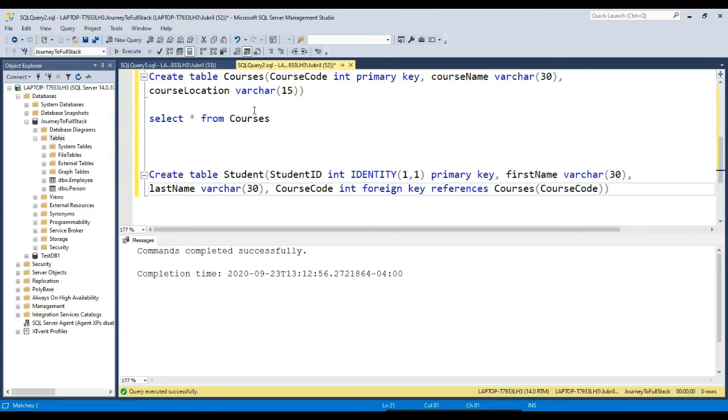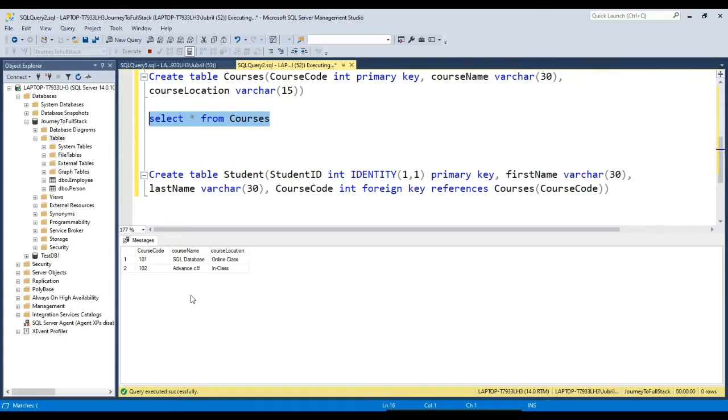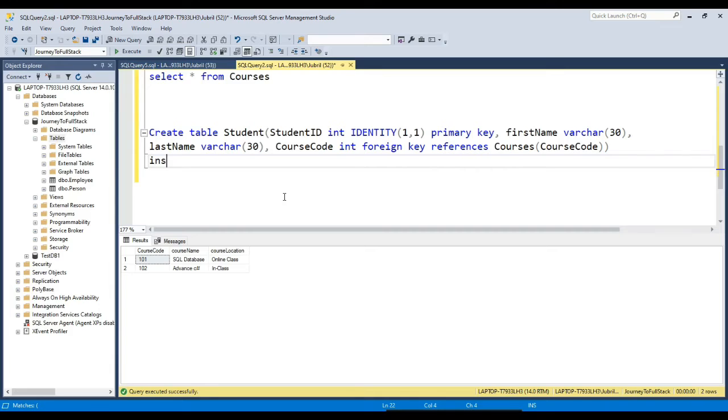Before I proceed, keep in mind that in the courses table, select all from courses, we have two courses available, course 101 and course 102, right? So I'm going to insert into the student table. Don't forget course 101 and course 102. I'm going to use that. Just keep that in mind. So let's insert student records. Insert into student